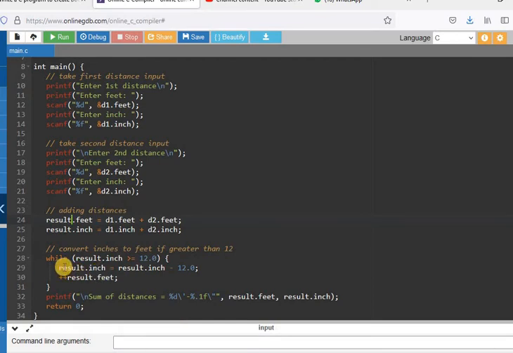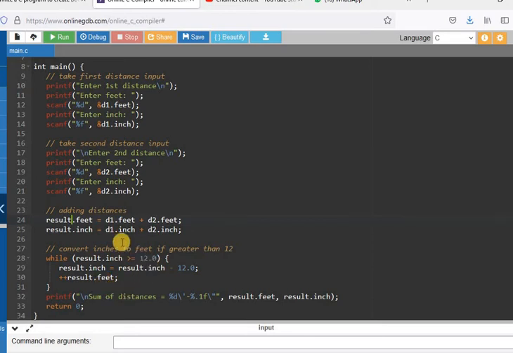Now see here, if result dot inch is greater than or equal to 12, means if we add both inches and the value is equal to or greater than 12, then we should convert these inches into feet. So result inch equal to result inch minus 12.